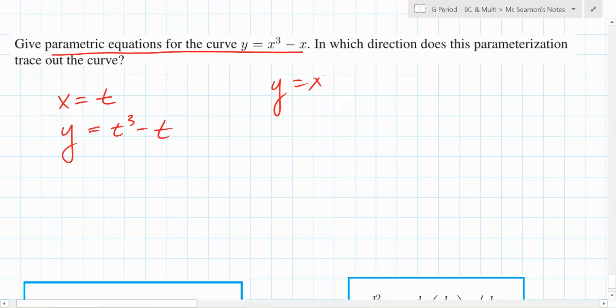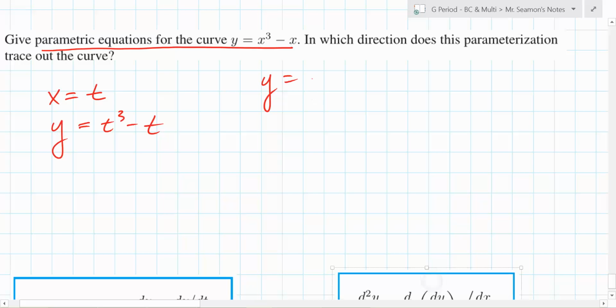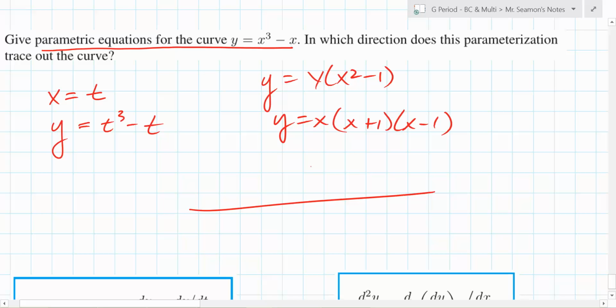y is equal to x squared. Sorry, not x squared. x times x squared minus 1. So y is equal to x times x plus 1 times x minus 1. So how many intercepts does it have? Here, here, and here. Yes, it stays on the curve, but that question is asking you